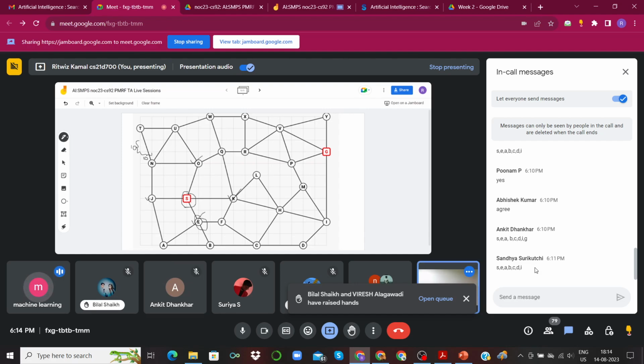Means I have to cover all the nodes, na? Okay. So, can I have your good name, please, sir? Rajesh. Yeah, Rajesh. So, thanks for your question. Like Ankit was saying, in the traveling salesman problem, you have to cover all the nodes. So, covering all the edges is a different problem altogether. I'm not asking about all the edges, sir. I'm talking about the nodes.